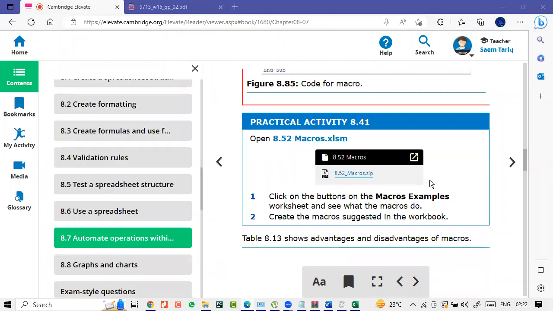Practical activity 8.41, open macro dot. Click on the buttons in the macro example worksheet and see what the macros do. Create macro suggestion in the workbook. So over here,